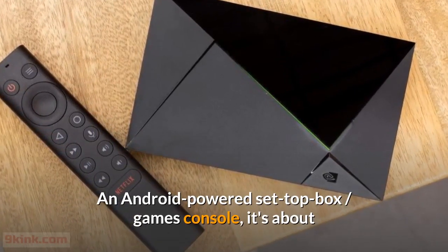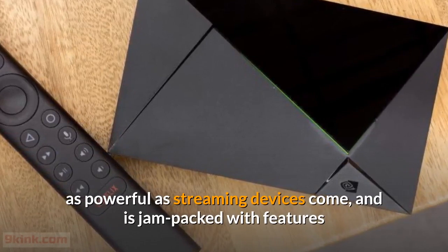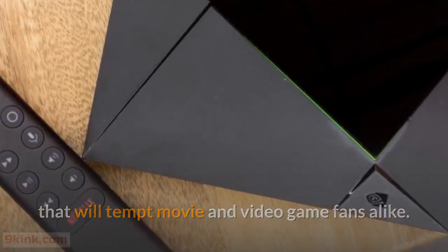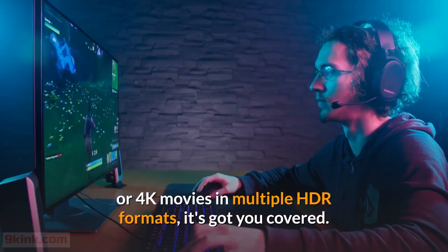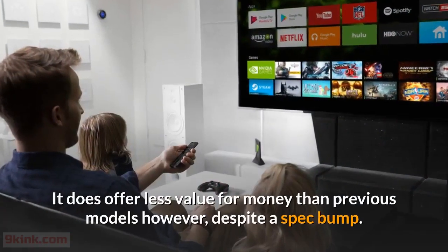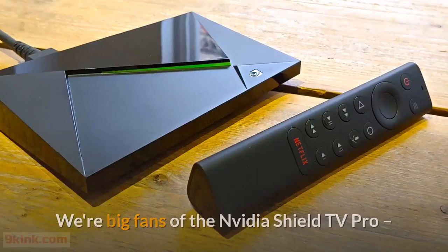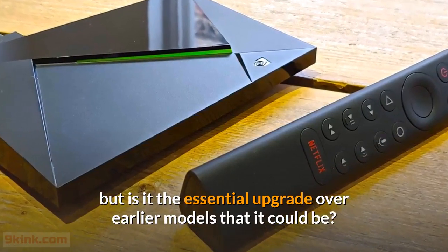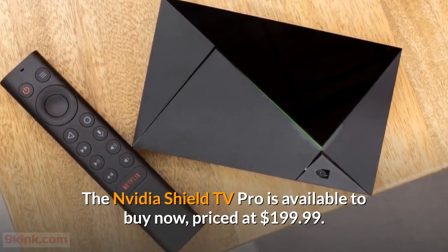An Android-powered set-top box games console, it's about as powerful as streaming devices come, and is jam-packed with features that will tempt movie and video game fans alike. Whether you're after high-spec PC gaming streamed to your TV, or 4K movies in multiple HDR formats, it's got you covered. It does offer less value for money than previous models, however, despite a spec bump. We're big fans of the Nvidia Shield TV Pro, but is it the essential upgrade over earlier models that it could be? The Nvidia Shield TV Pro is available to buy now, priced at